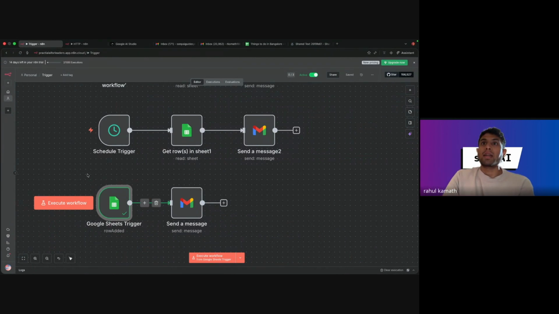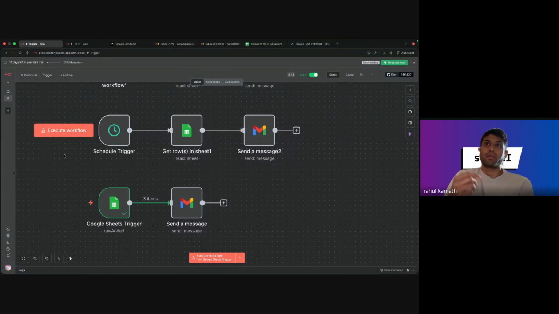And let's say you have set up, for example, this Google Sheets option. Google Sheets takes care of sending a message to N8N because this node has been set so that every time I make a change, N8N is listening for the message from Google Sheets, but it's not going to eat up any credits or any cost. But the moment that message comes, it's called a simple notification service or whatever Google calls it, they send a message to N8N saying that a row has been added. That's when N8N triggers.